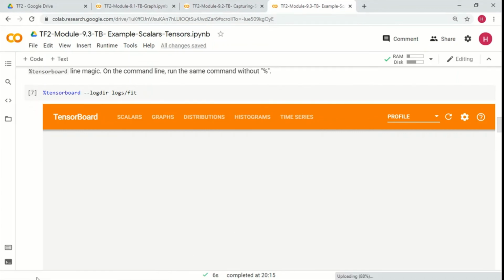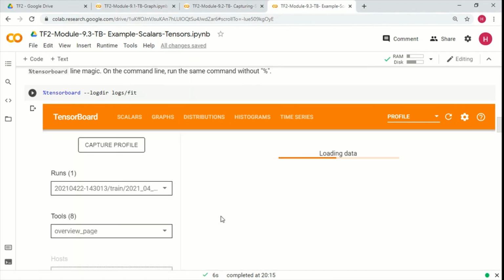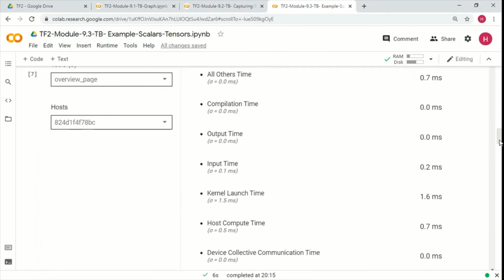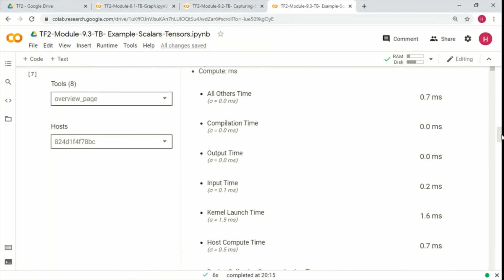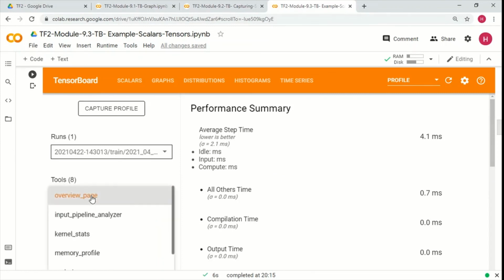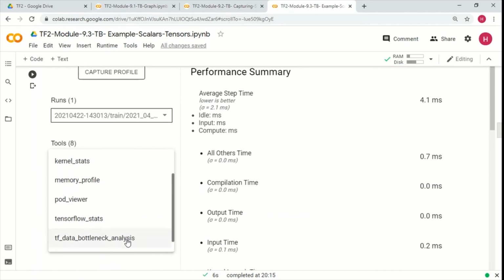So it's saying uploading. Let's see what comes up. So it's a bit slow actually. So this is the overview page. So this is a bit slow in fact.